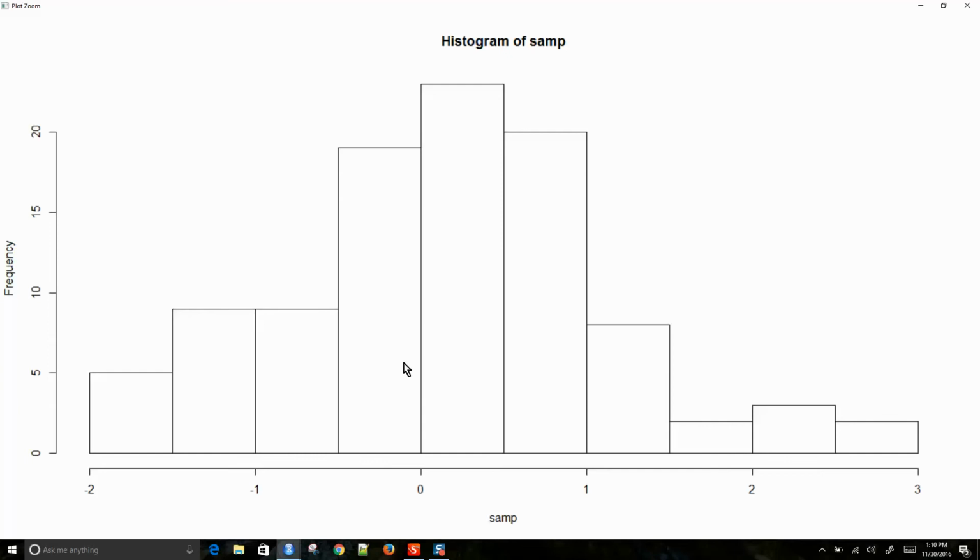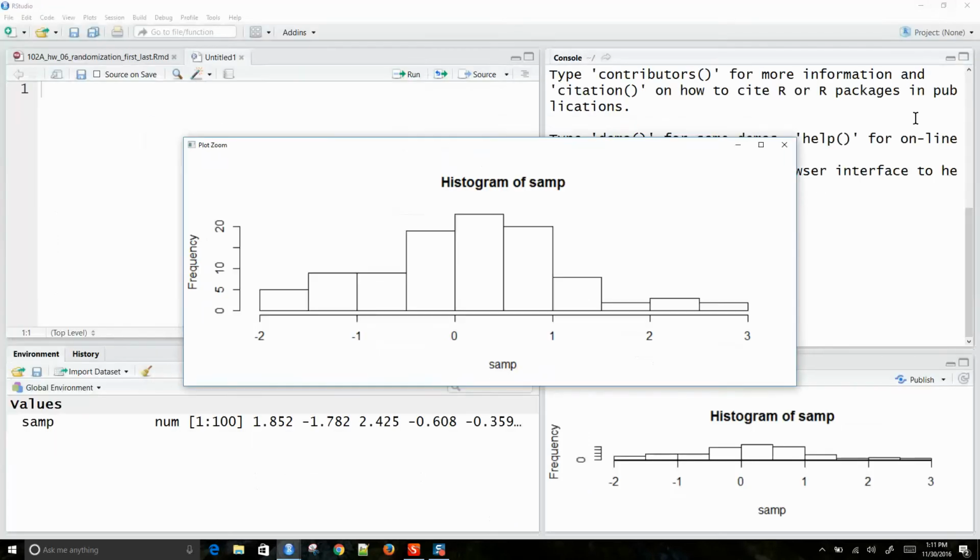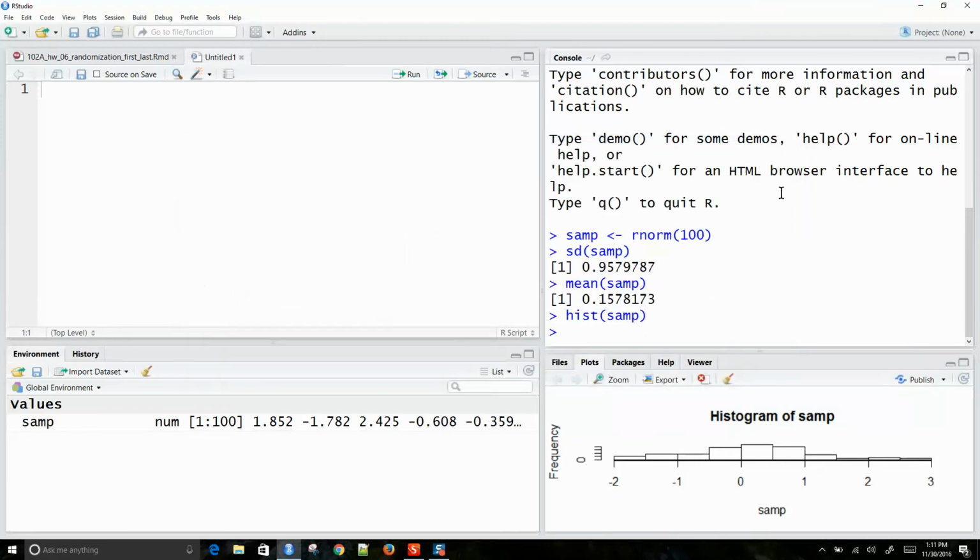And in effect, we often use a histogram as a proxy for what the distribution looks like, right? So we look at this and we say, well, does this kind of look normal? And we go, yeah, it looks pretty unimodal and pretty symmetric, so we'll say that it's normal, right? And we've learned, as far as creating histograms go,